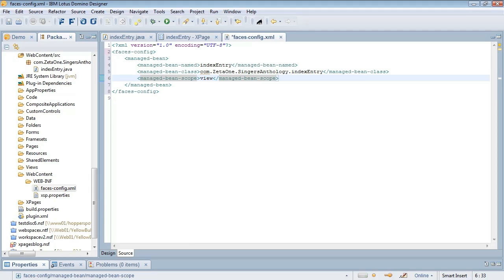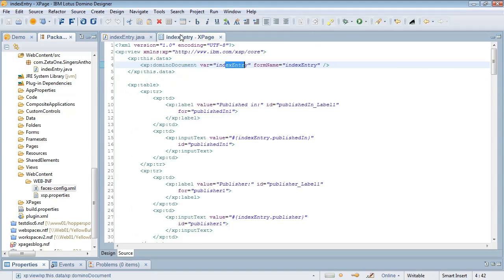You can use view like we are here. You can use application as well, and session, of course. So that basically defines the managed bean and gives us access to the index entry class that we just created inside of an XPage. So we're going to go ahead and save that and close it